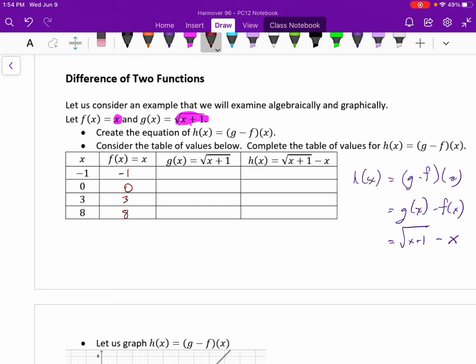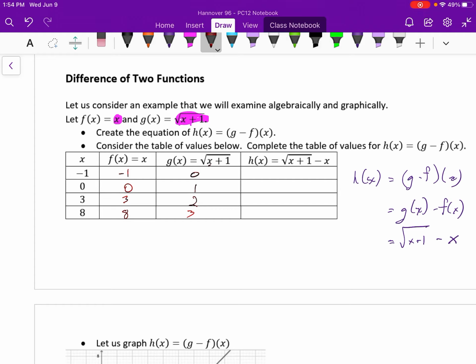Now, the value of g of x, when x is equal to negative 1, if I plug in negative 1 into this formula, what I get is my g of x is equal to 0. So the g of negative 1 is 0. The g of 0 is 1. The g of 3 is 2. The g of 8 is 3. In other words, I sort of just imagined or asked myself, what values of input will lead to integer values